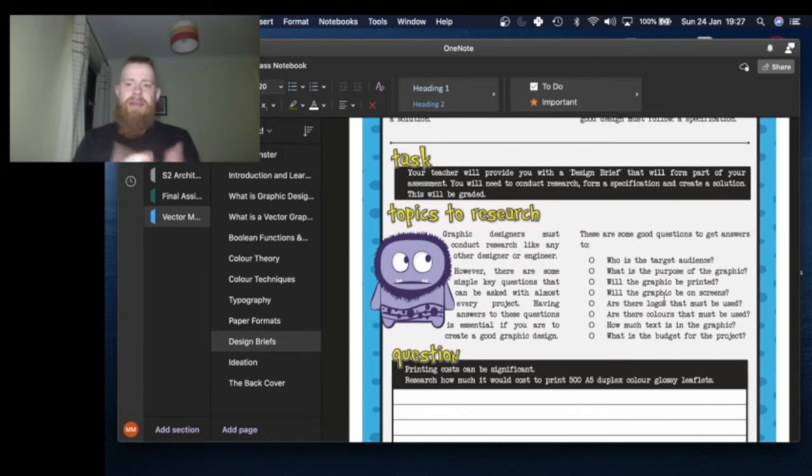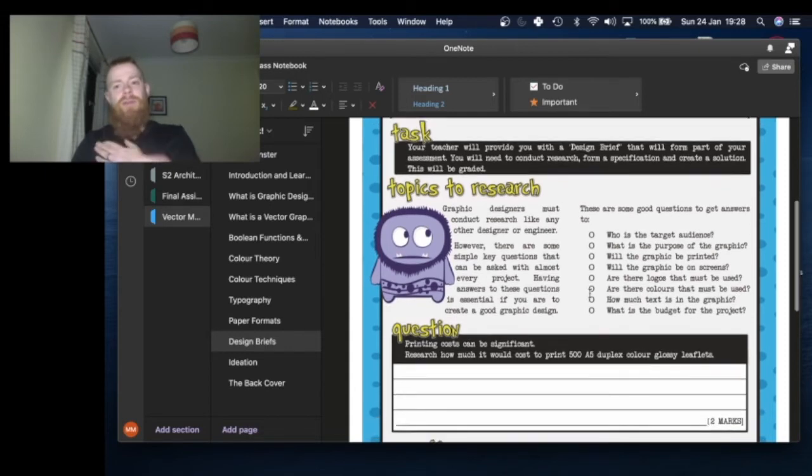So that in there, the kind of purpose or function. Will the graphic be printed or will the graphic be on screen? That's kind of where will the product be used, and you're looking at it in there. So again, are there logos that must be used, are there colours that must be used? So that will come down there from your design brief, and normally your customer would tell you what's in there,